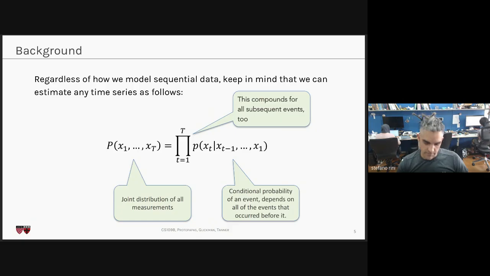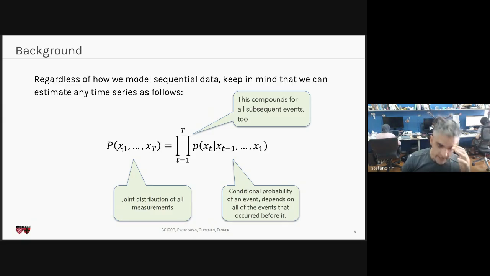So one first approach is to model languages as sequential data. Conceptually, we imagine that we observe a sentence of T characters. Let's just imagine that all sentences contain T characters. If a certain sentence has fewer than T characters, we just put empty characters, and if it's longer, we just cut it. So we have T